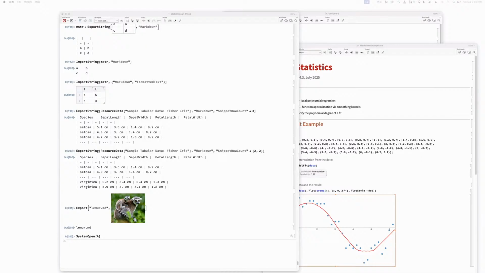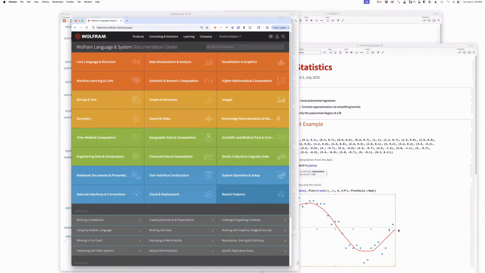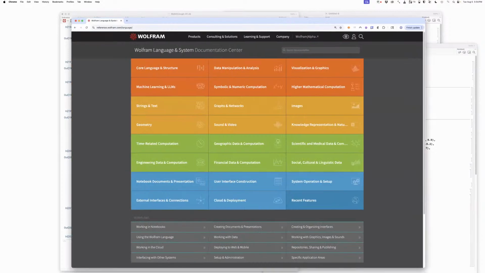I'll mention a couple of other things. So one thing is something actually related to our web documentation. There is now a sidebar in our web documentation. So if I go to language, no, I want to go to the root guide page. Here it is. And so now if I go to a function like plot, I will see a left sidebar